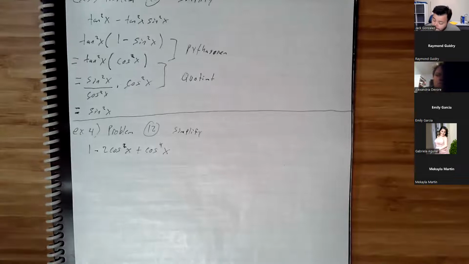Okay, so we need to simplify this. Cosine squared. It looks like you maybe factor this. Or we can change